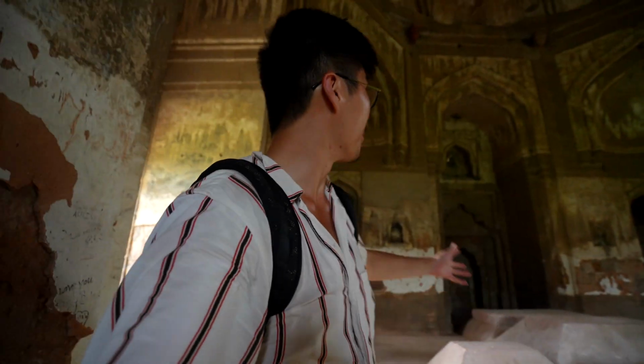Now, a lot of the structures that you'll find here in Lodhi Gardens are a combination between mosques and burial places, and a lot of tombs can be found here within Lodhi Garden. A lot of tombs, all built in a Muslim style. For example, this structure here, you can see